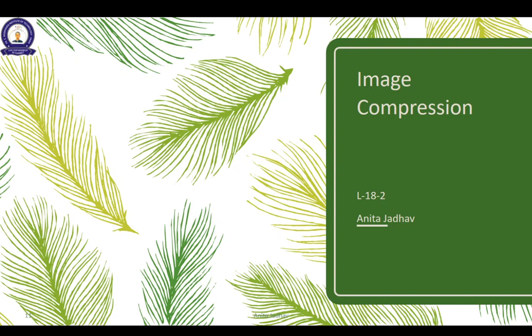What do you mean by different approaches here? This property can be exploited by converting the pixels from the RGB representation, that is red, green and blue, to another representation where one component represents the brightness and the other represents color.